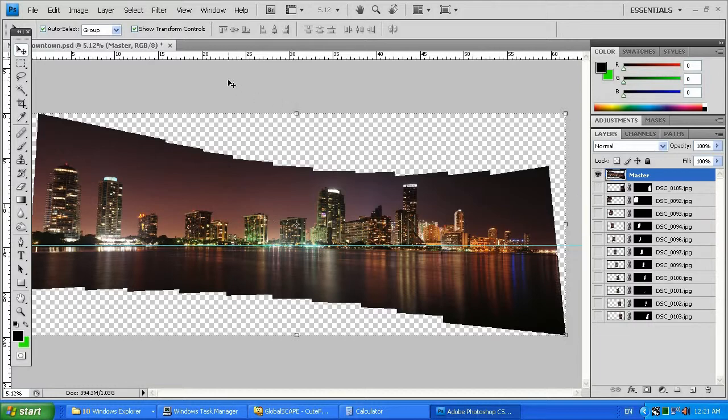Then I can rotate. If you don't have the ability to rotate when you select the Move tool, you need to select Show Transform Controls. Click on it, otherwise you probably won't have a way to rotate. If you click Show Transform Controls, it will give you the ability to rotate in real time. So what I'm going to do is put